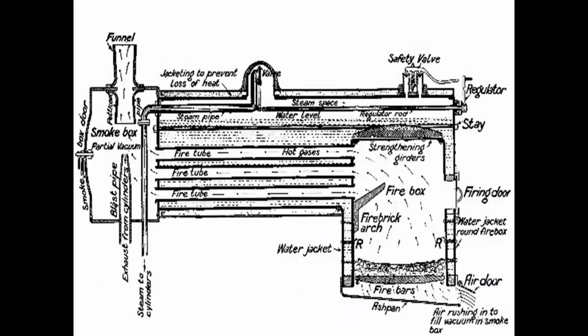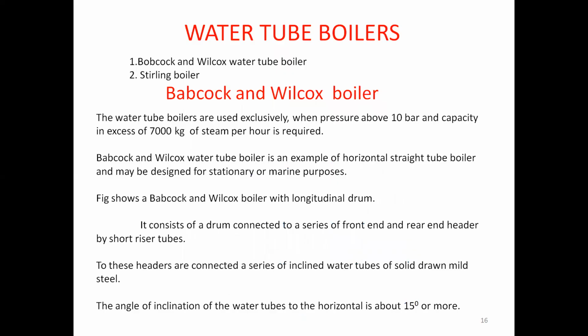Next. Like this we have to write the merits and demerits. So this is a basic diagram. Okay, stop it. Here we can consider the various water tube boilers. We have discussed that a water tube boiler will be a high pressure boiler, but it is a medium one. We can't call it low pressure, and we can't call it high pressure either. It is a medium one. For the exam point of view, all water tube boilers will be given for the exam. So we have to keep in mind the importance of the Babcock and Wilcox boiler also. Next slide.